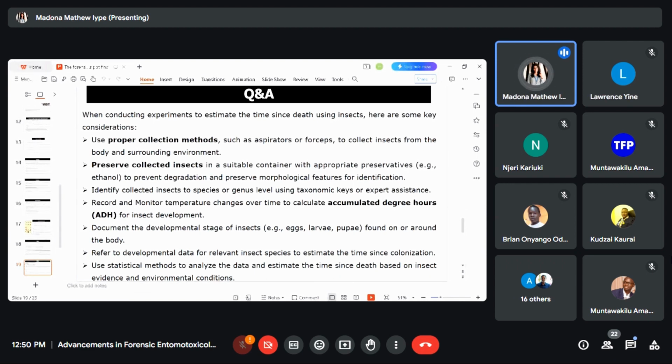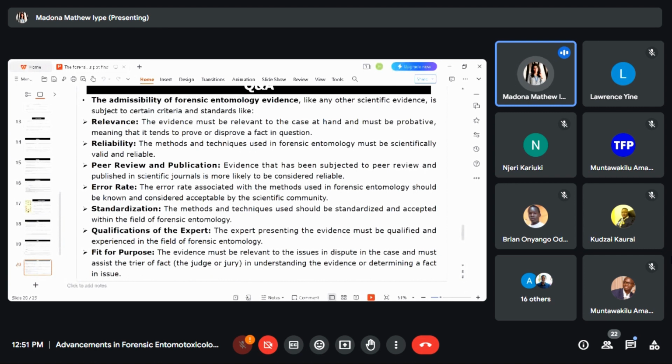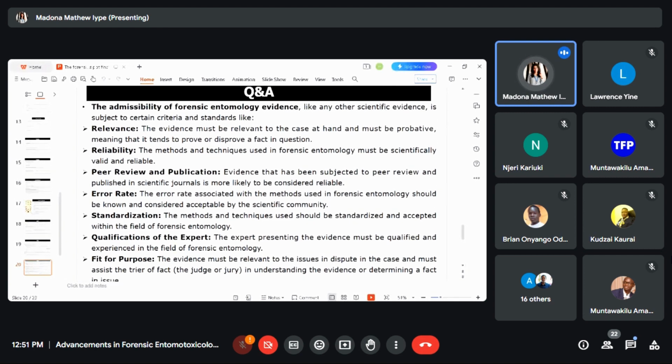Then refer to the developmental data for relevant insect species to estimate the time since colonization. Once you do all of this, use statistical methods to analyze the data and estimate the time since death, taking into consideration the insect evidence and the environmental conditions. You should always have a record of the temperature, the humidity, and the climatic